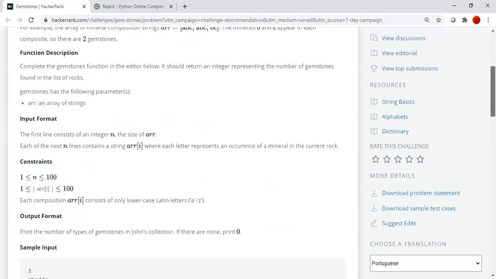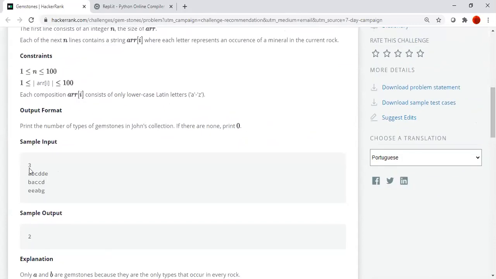That is the logic. Here the input is 3, the number of elements in the array. Here 3 strings are available. Here we can see B is common in the three strings and A is common in the three strings.